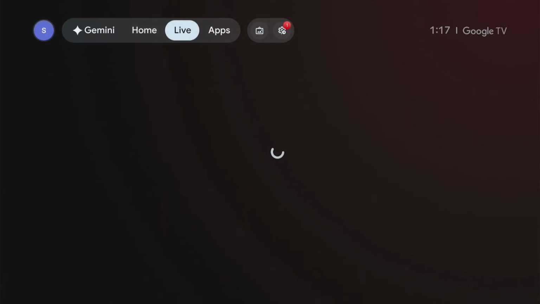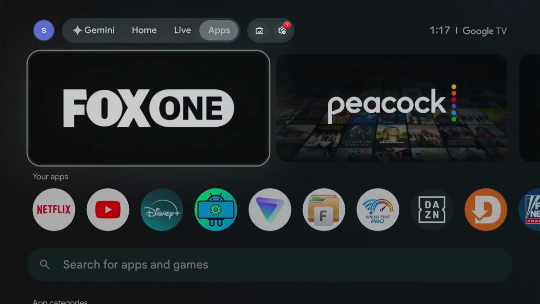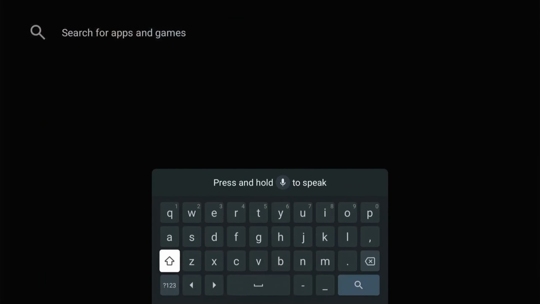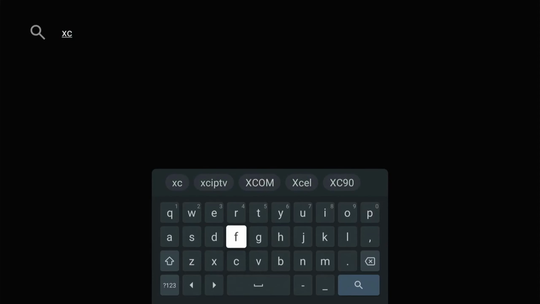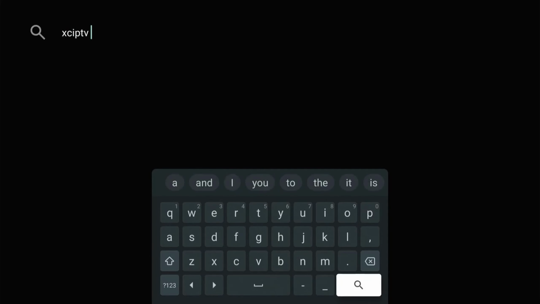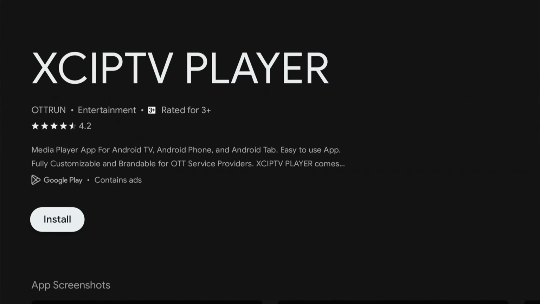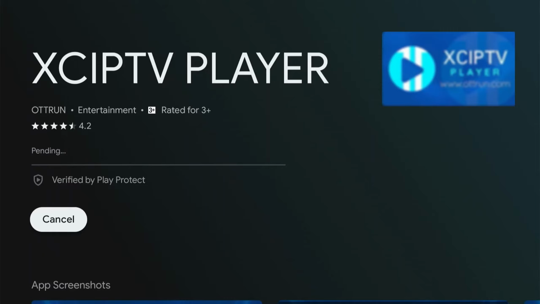From the ONN TV home screen, navigate to the Apps section and select the search option. Now type in XCIPTV Player. After entering the first few letters, the application should appear in the search results. Select the correct XCIPTV Player application from the list, and then click Install. The app will now begin downloading and installing on your ONN device, which should only take a few moments depending